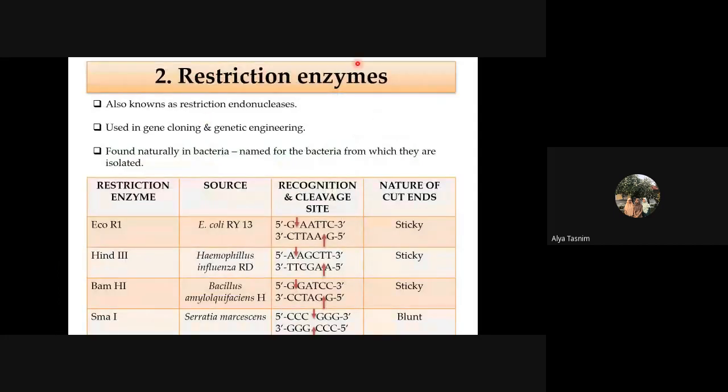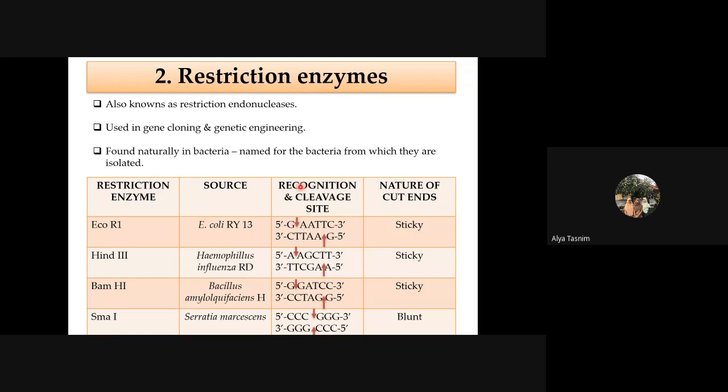Okay, so this is restriction enzyme. So it is also known as restriction endonucleases. So awak boleh gunalah mana dua nama ni sama je, restriction enzyme or restriction endonucleases. So used in gene cloning and genetic engineering, found naturally in bacteria. So named for the bacteria from which they are isolated. So there are many restriction enzymes, such as for example EcoR1, kan. So EcoR1 is the restriction enzyme extracted from E. coli, kan, E. coli,